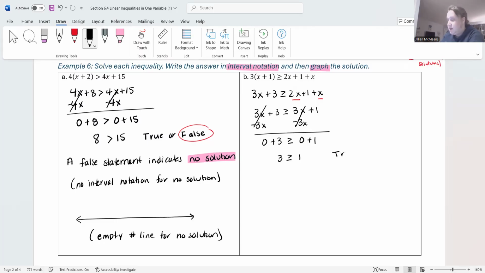So again, is this true or false? You have to stop and think about it a little bit more. When you're dealing with an equation, it's really easy to see if you have a true statement or a false statement. With an inequality, really stop, tap the brakes and ask, is this true or is this false? Is 3 bigger than 1? For sure. So we would say that this is true. And a true statement